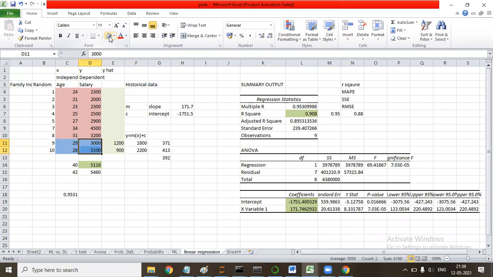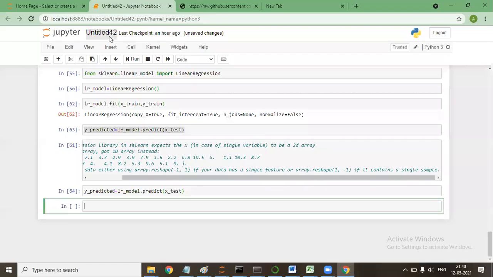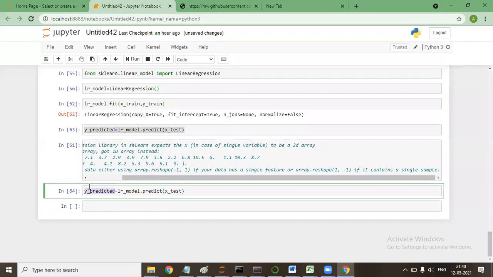You're writing X underscore test, sir. So what is this? The value that I have selected, X underscore train. What is this value? Y underscore train. What is this value? X underscore test. Now what is the output that I require? Y underscore predict. The y hat value is the value I need. Yes, y predict. So that's what I have been saying here: give me the y predicted value, basis the x test value.